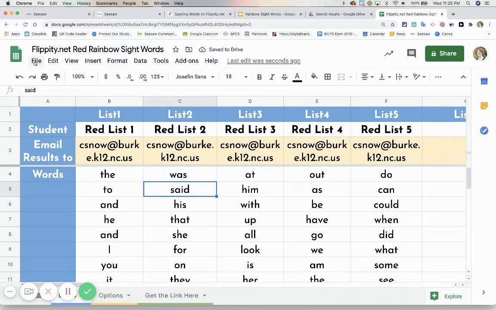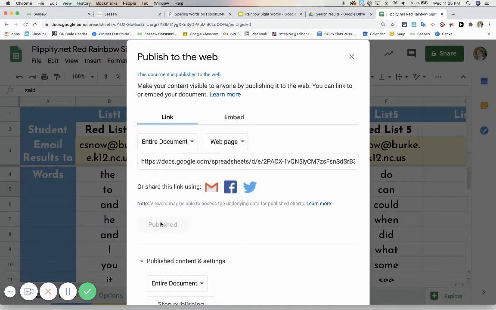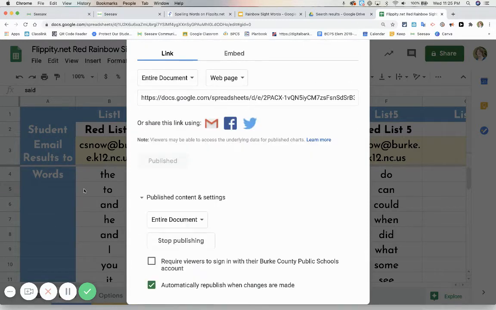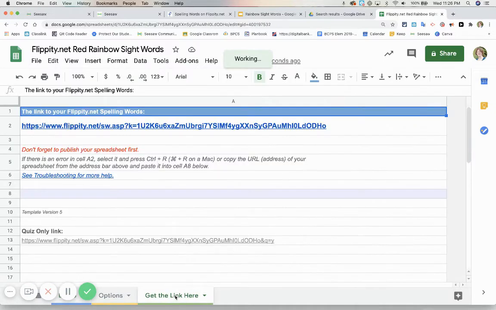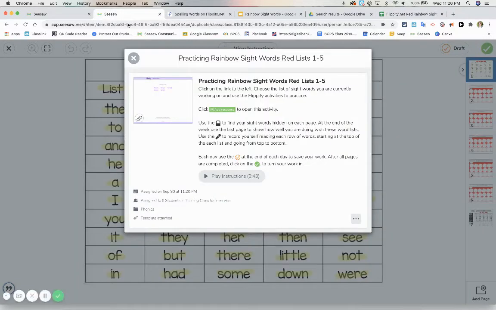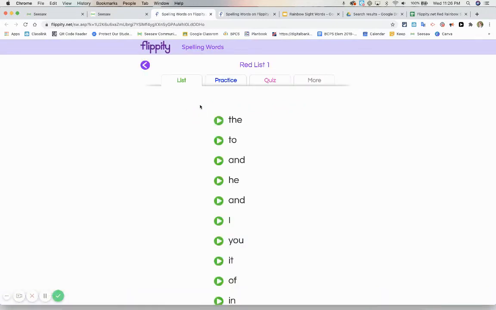Then I publish this to the web. So I've already done that. I published it, so instead of copying this link, which would publish this sheet, I'm going to go to this page where it says get this link here, and this is the actual link that I'm putting in my Seesaw lesson. So back to the Seesaw lesson, when they click here, it takes them to the Flippity practice,